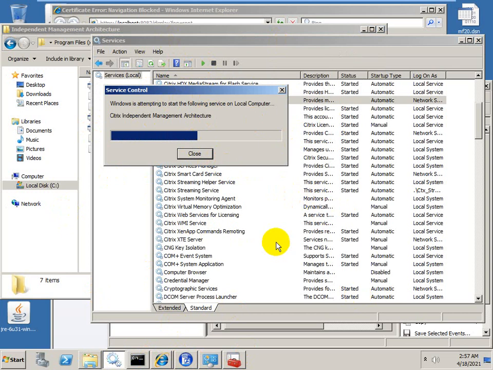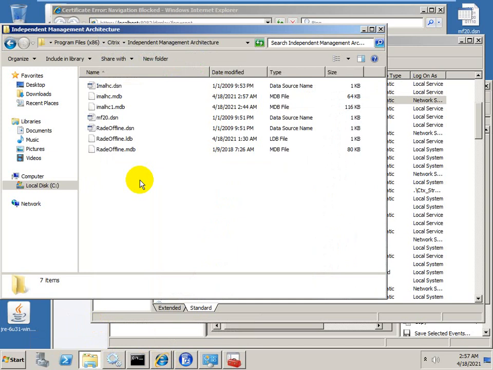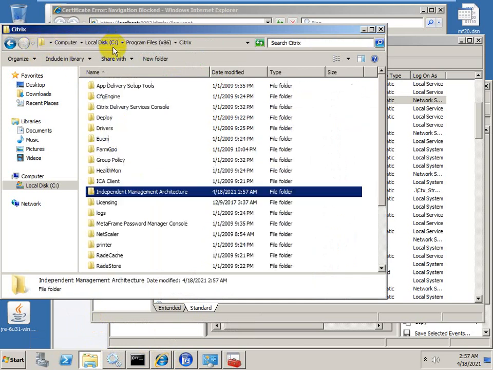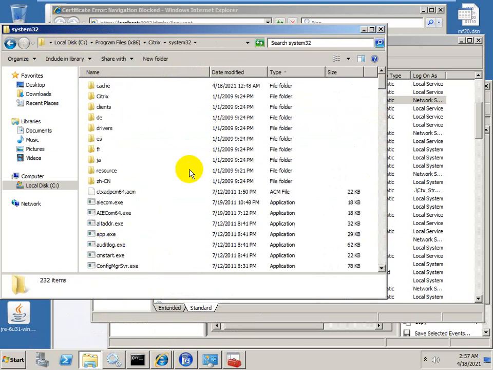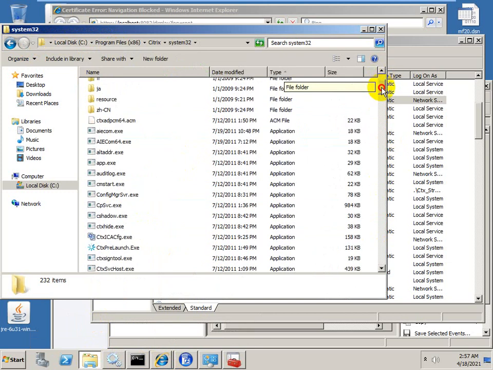I have provided information about the folders and where we can get the commands. So I will send you the details of commands to Citrix, the system32, and these are the list of commands.